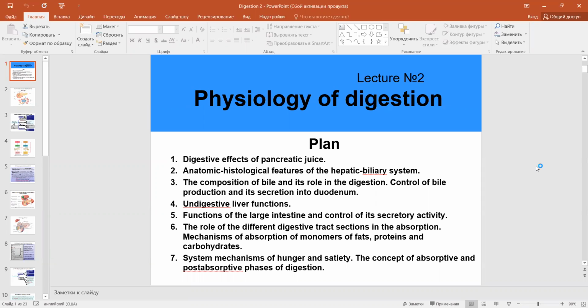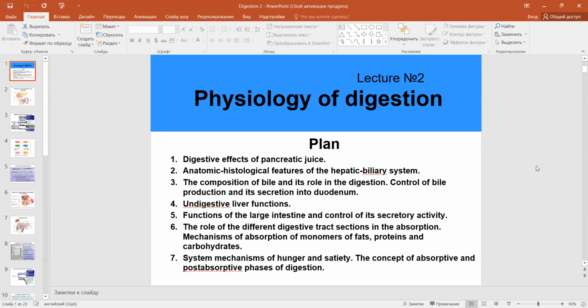Good afternoon, students. Today we have the second lecture in the physiology of digestion, and today we are going to talk about such questions: digestive effects of pancreatic juice, anatomic and histological features of the hepatic biliary system, the composition of bile and its role in digestion, control of bile production and its secretion into the duodenum, non-digestive liver functions,